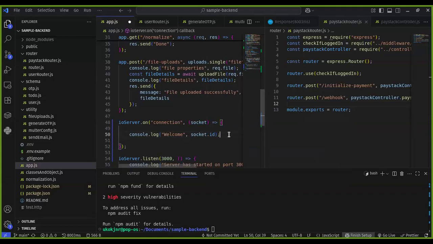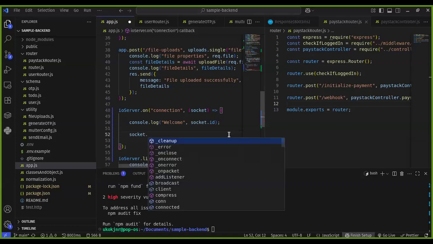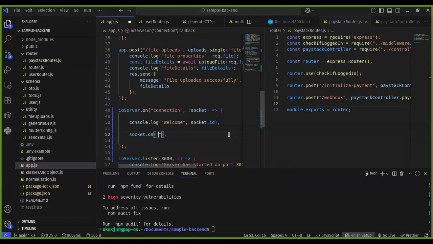Then what if you disconnect? Let's say you disconnect from socket.io, and we want to do something. Maybe we want to say, when you disconnect, this is what should happen. You should tell these users that you're offline and the rest. Then inside here, we want to listen to, we'll say socket dot on, then we'll listen to the disconnect